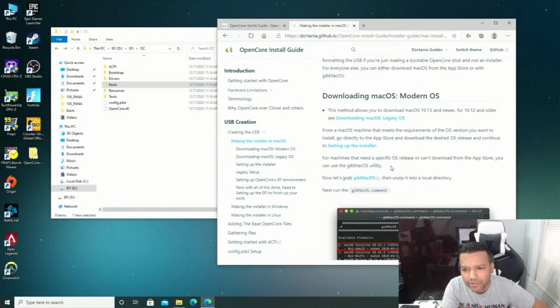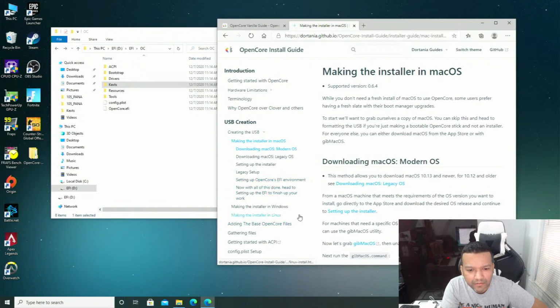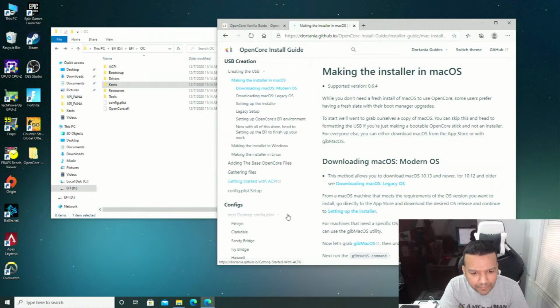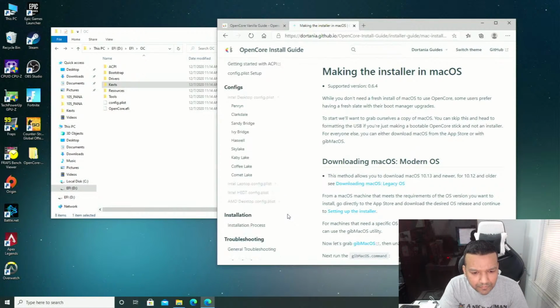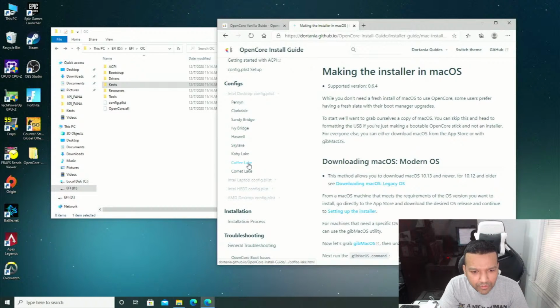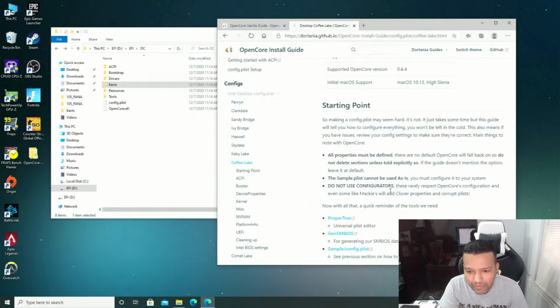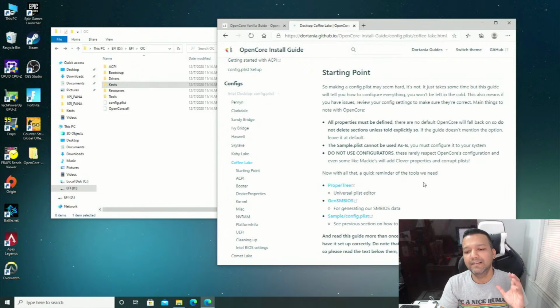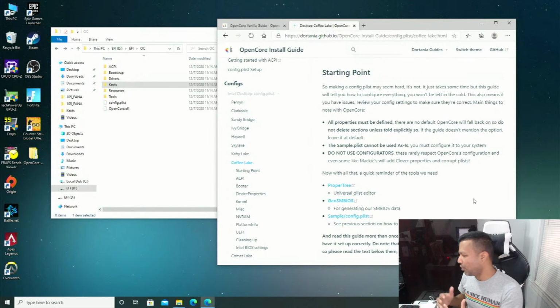Where is my ProperTree? So, here you go. Guys, this guide is basically for Intel Coffee Lake, but the first part, how to create the macOS Big Sur bootable drive on Windows,